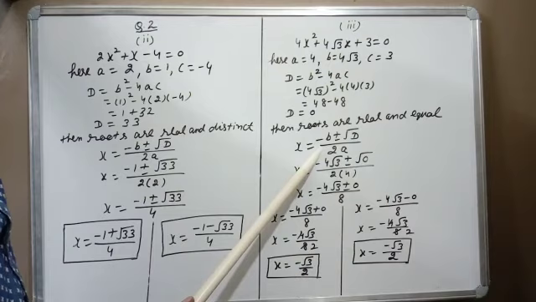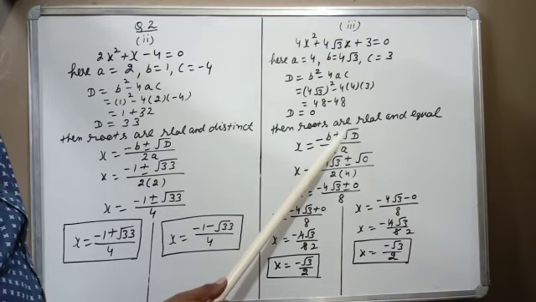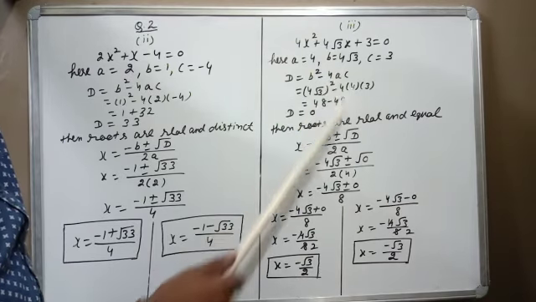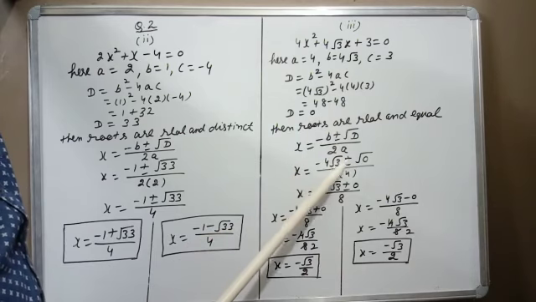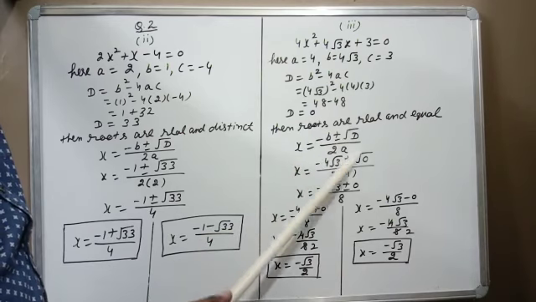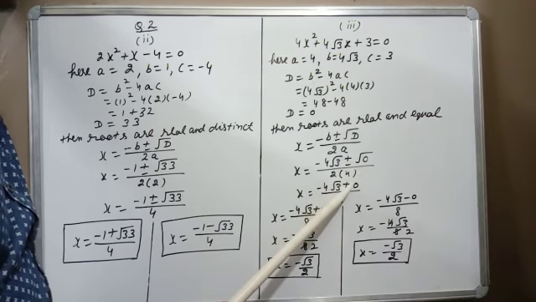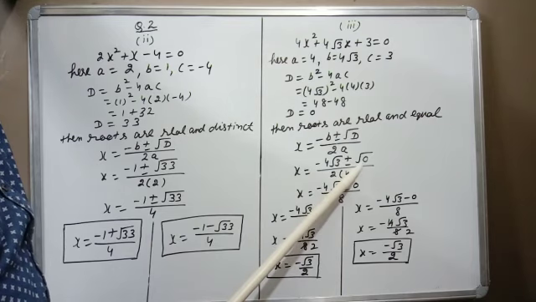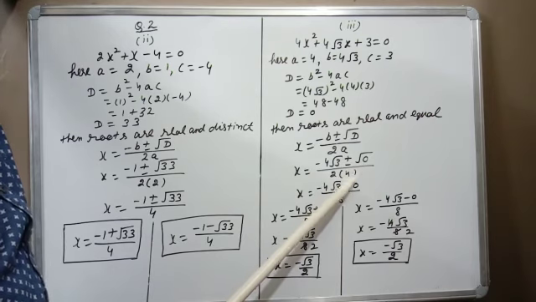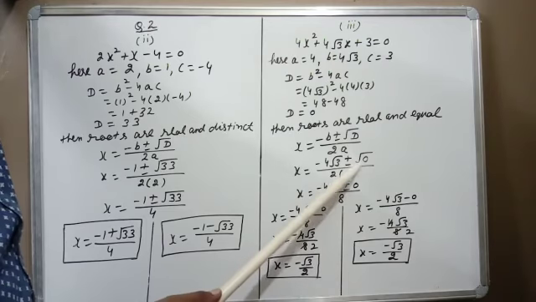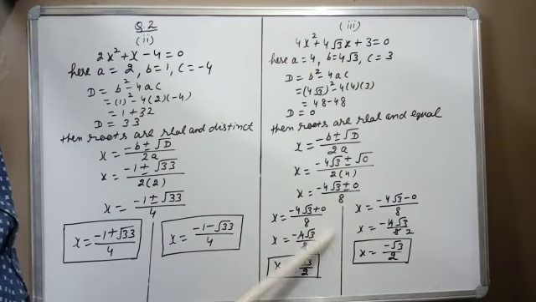So we will apply the second formula, x equals minus b plus minus root D upon 2a. x as it is, the value of b is 4 root 3, so we will write minus 4 root 3 plus minus root D, in place of D we write 0, upon 2 times a, in place of a we write 4. Now root 0 is always 0. You should learn this, or keep in mind that root 0 is 0. 2 into 4 is 8. Now we will draw this line, whenever you solve this root, then apply this line.